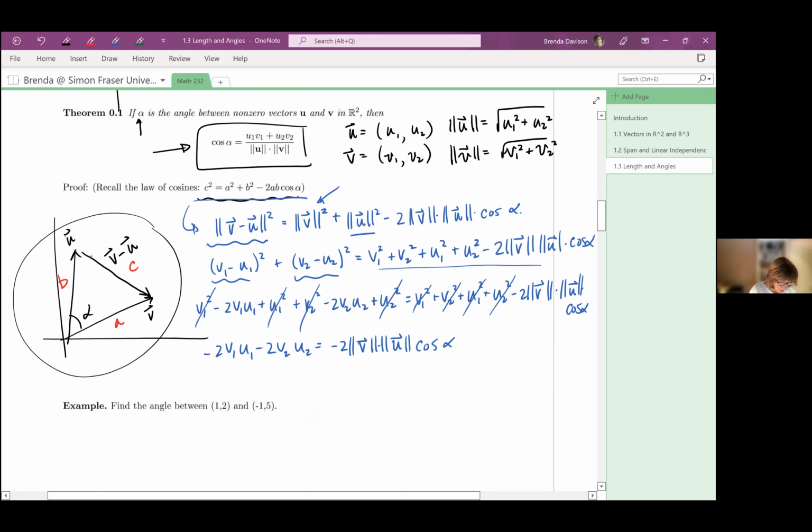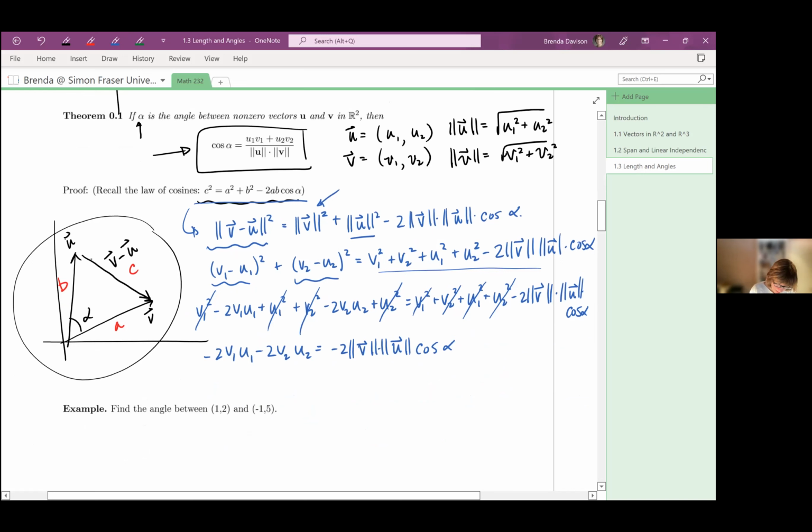Now we're into algebra mode, and I'm going to just factor out that minus 2 and cancel from both sides. So I'm going to factor this out and then cancel that out like that. And I end up with V1 U1 plus V2 U2 is equal to the norm of V, norm of U, cosine of alpha. And we're getting really close. All we have to do now is rearrange and solve for the cos of alpha and put that onto the left-hand side there, and we get